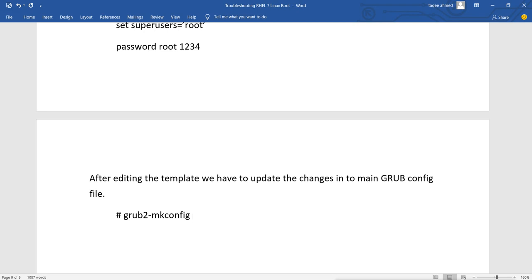So with the help of those templates, it will generate the output of the main configuration file. We will redirect the output to the main configuration file so that it overwrites everything in that file and makes the new changes. The grub configuration file is under the boot partition, under the grub2 directory, and the name of the file is grub.cfg. After this, our main configuration file will be updated and your grub password is set. Let's do that in our system now.